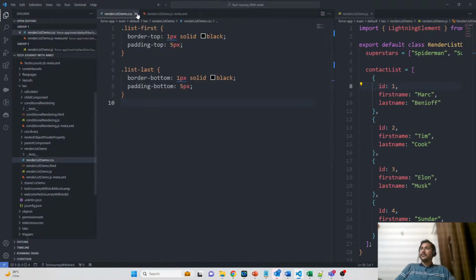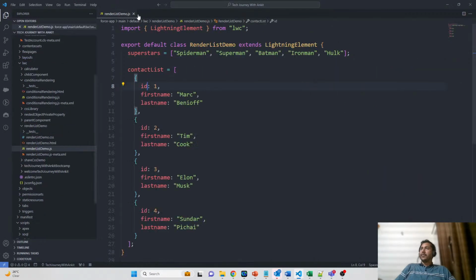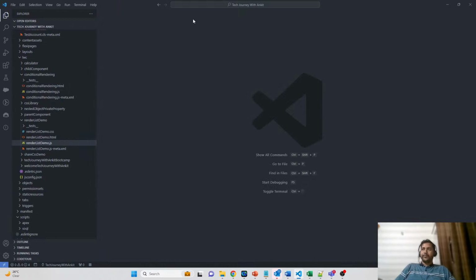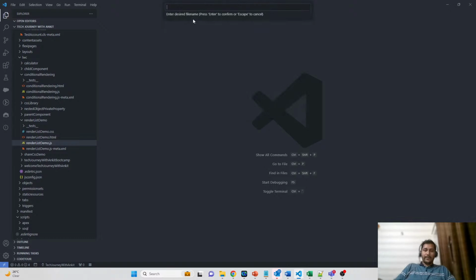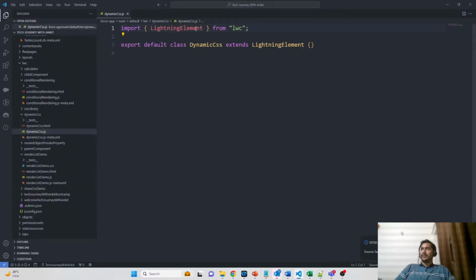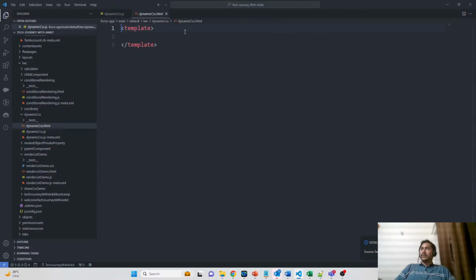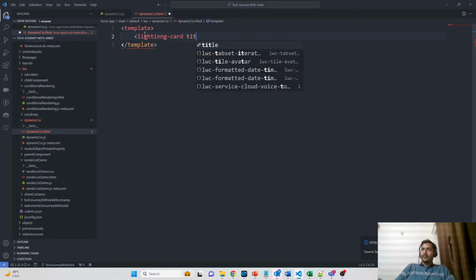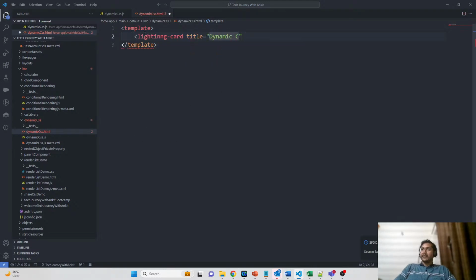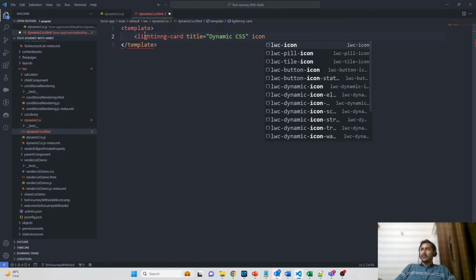So here I go to my component again, Control Shift P. So I am creating a Lightning Web Component. Let me give the component name here as dynamicCss. Okay, so let me open my HTML file. In my HTML file, I am putting one lightning-card, putting a title as dynamic CSS, putting an icon,